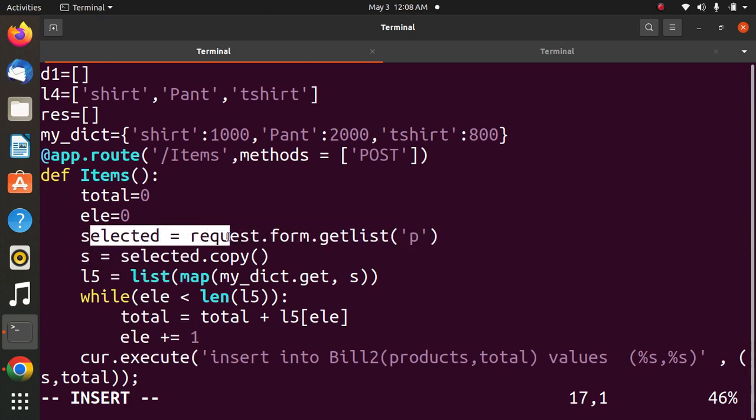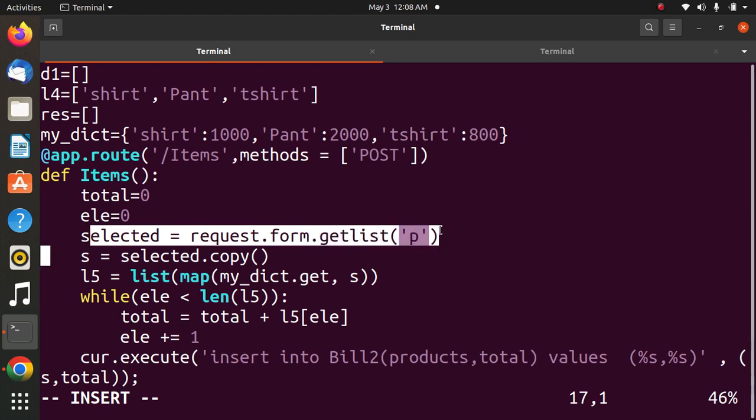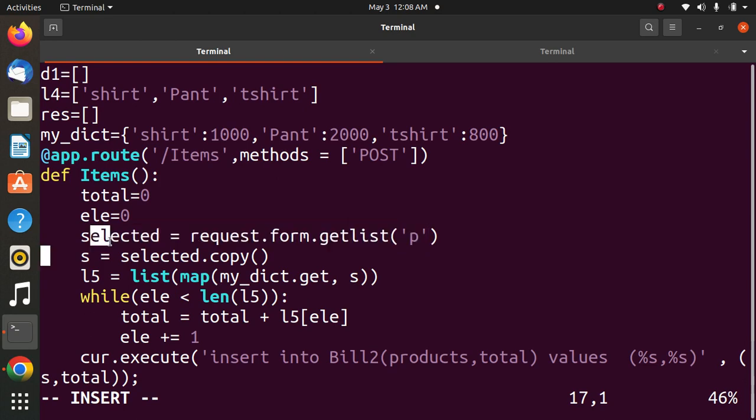selected is equal to request.form.getlist function. Here whatever values from the checkbox are selected will be stored in selected. It means you select one item, you select two items, you select three items. Whatever items you select will be stored in this variable selected, and accordingly they will be stored in the list. And here I created one list which will map the values coming from the